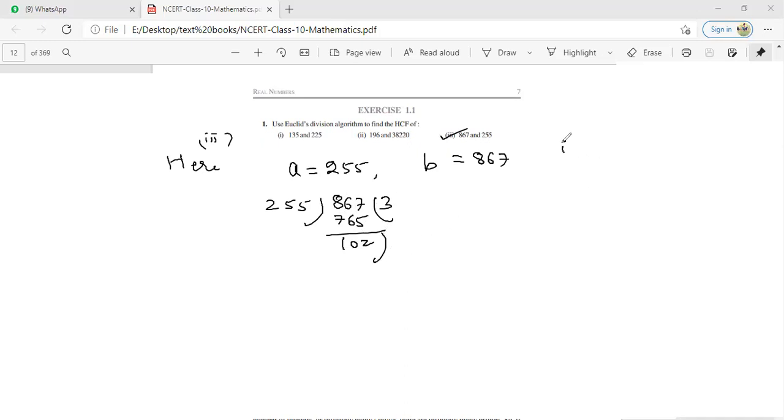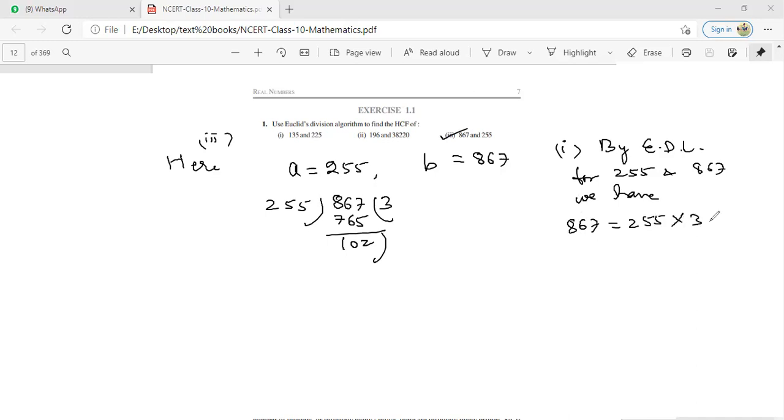The first step by Euclid's division lemma for numbers 255 and 867. We have 867 is equal to 255 into 3 plus 102. Okay. Second step, now